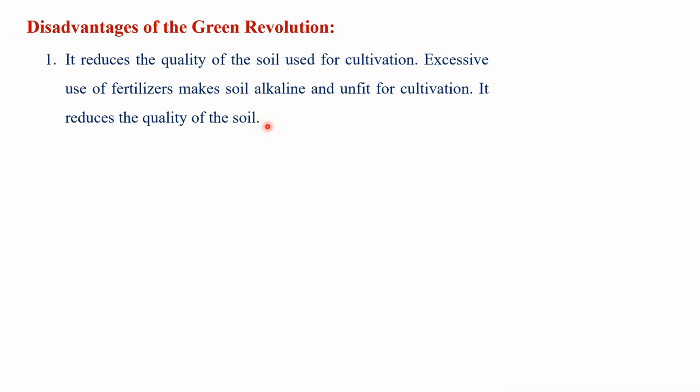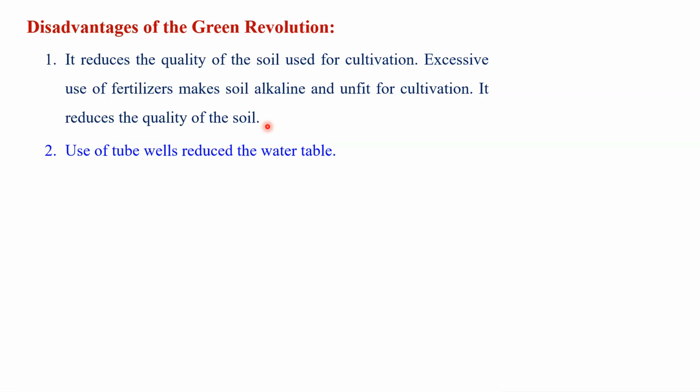Dear students, this is a really very important disadvantage we have seen. When we use the extra or excess fertilizer and pesticide, that directly or indirectly impacts the soil quality, and soil quality decreased on a large scale. It is only due to the over utilization of chemical fertilizer that we have seen this. This is a really very important disadvantage of the Green Revolution.